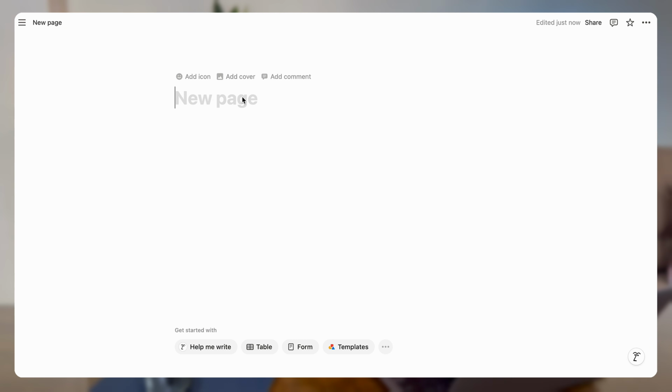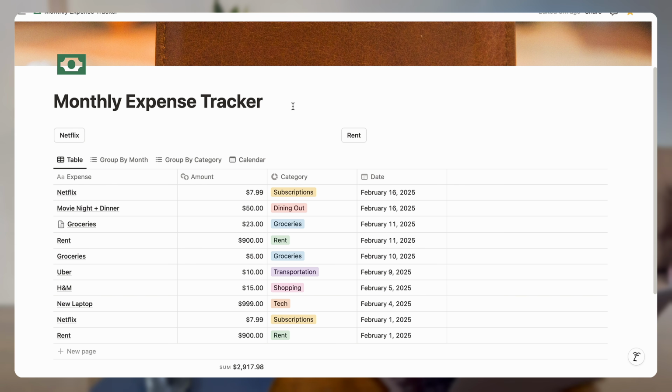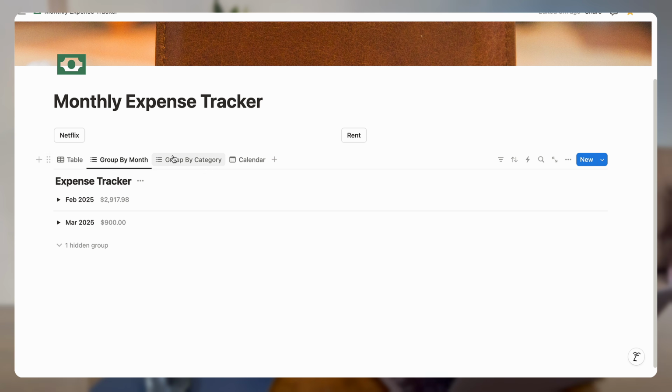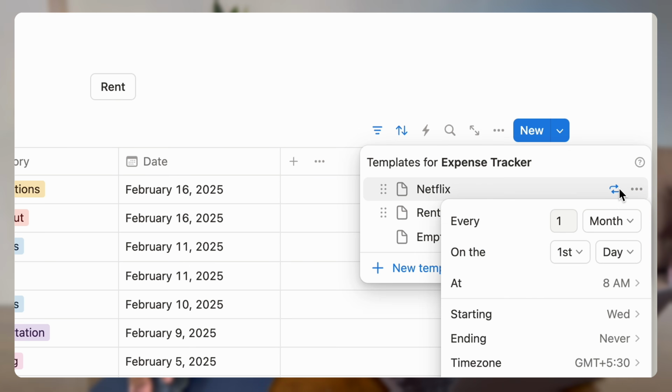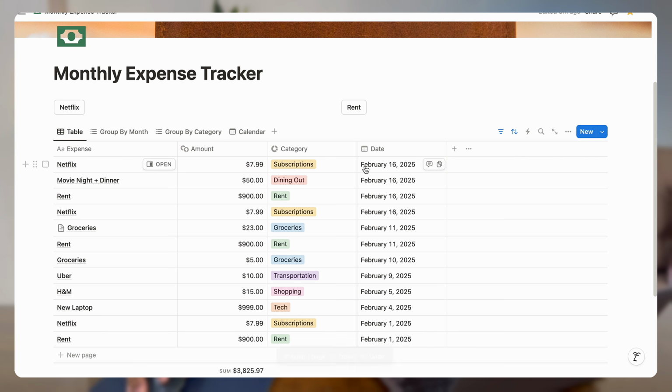Today I'm going to teach you how to create a simple expense tracker in Notion. Using the free version of Notion, we are going to start from a completely blank page, and by the end of this video, you'll have a beautifully simple expense tracker that you can use to track your expenses like a pro. You'll also learn how to add recurring expenses so you save time,